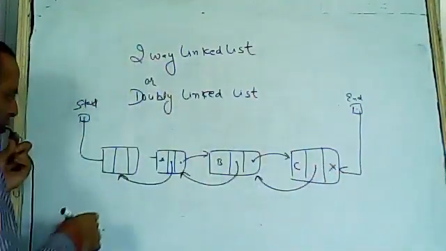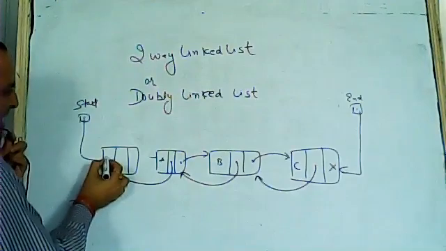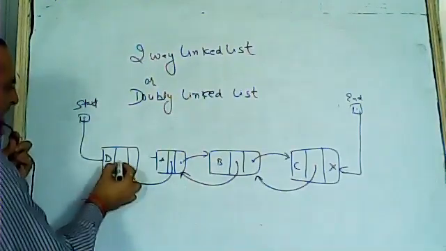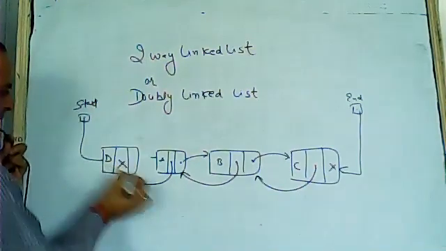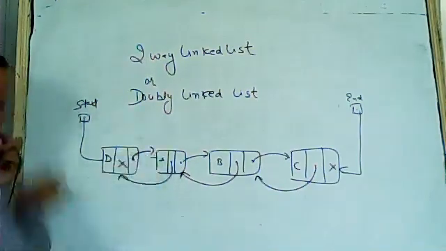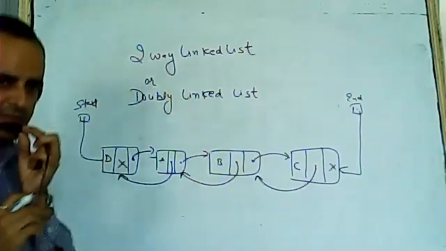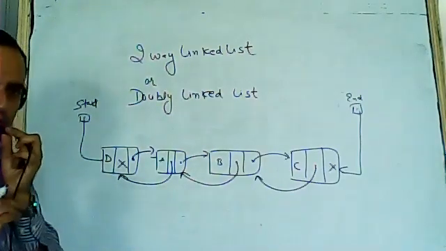Yes or no? Then again some data we have. Address of the previous node will be null. Address of the next node, previous तो कोई node ही नहीं है ना. Yes or no?